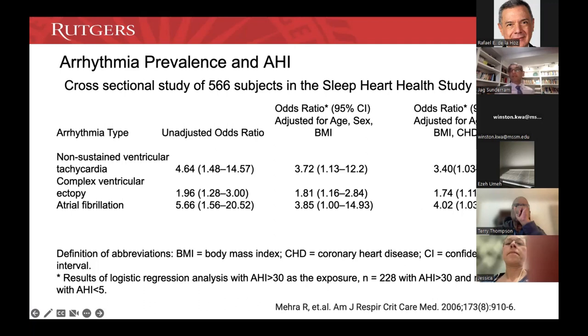So I'm sorry, I take this back. So for all arrhythmia events, there did seem to be increased risk for arrhythmogenesis in severe OSA. Here they looked only at comparing AHI greater than 30 to somebody with no OSA at all. And here's what the risk was, almost a fourfold increased risk for atrial fibrillation. So the AHI did seem to show with severe OSA, even adjusting for covariates, that there was a higher risk for arrhythmogenesis.